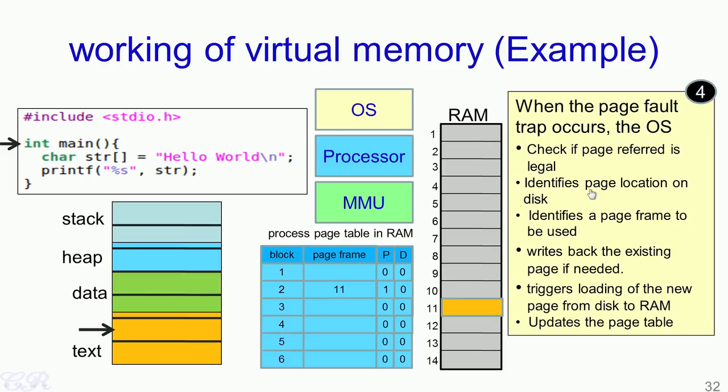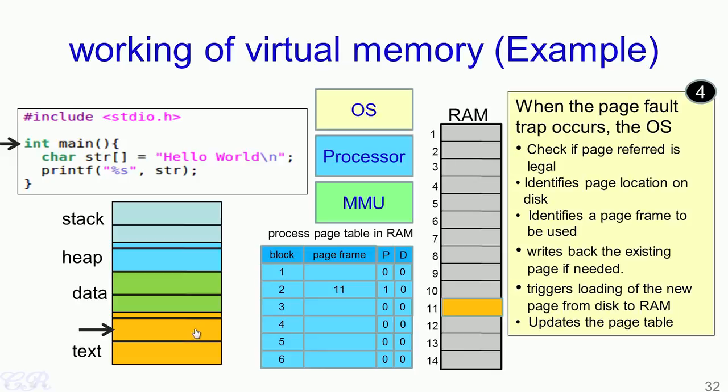Then it will identify the page location on the disk corresponding to this block. Then it will identify a page frame in the RAM that will need to be used. If a swap out is needed and the dirty bit is set, the page which was previously present in the RAM would be written back into the swap space, followed by the block